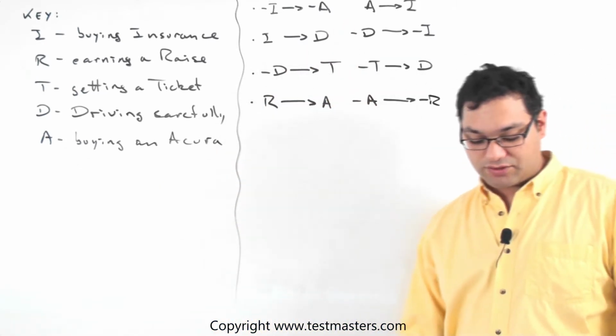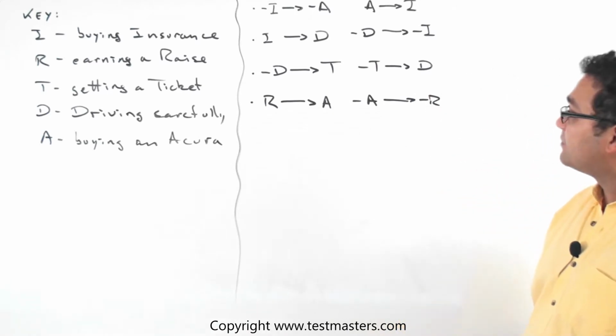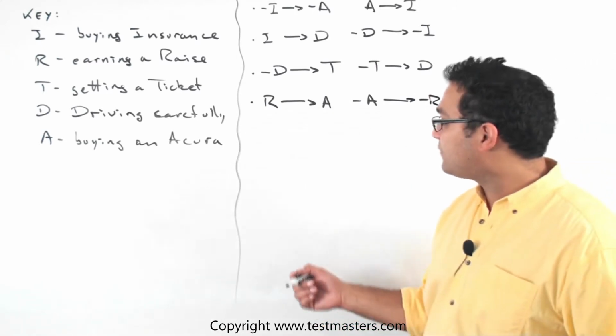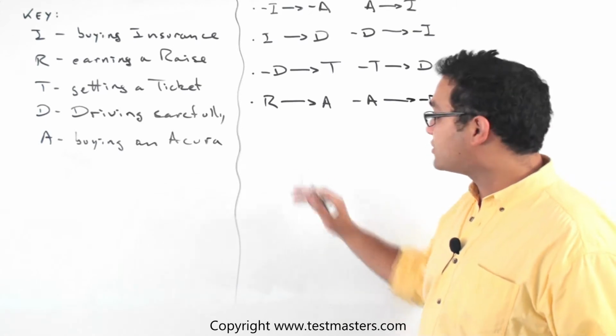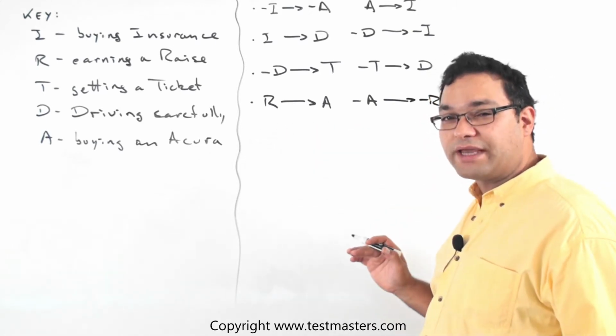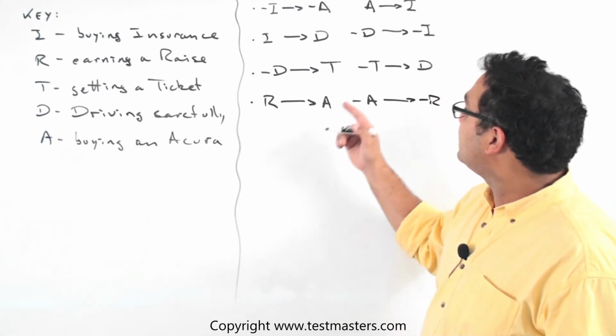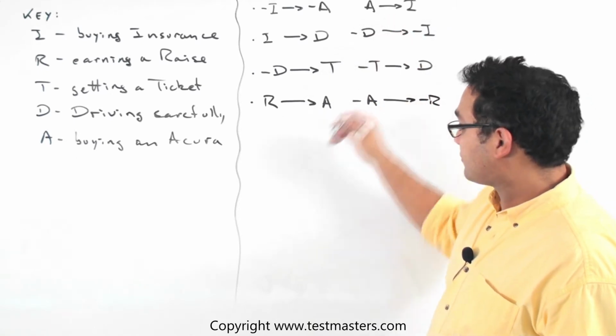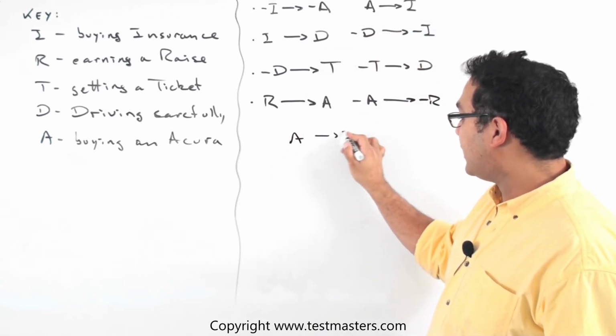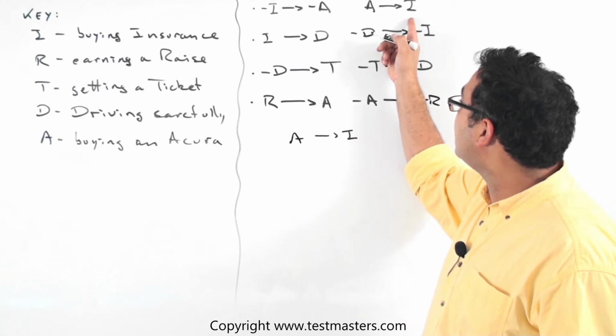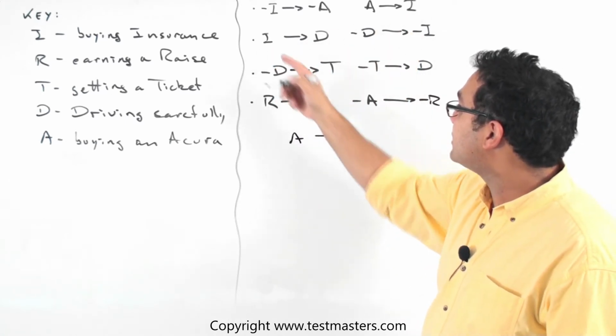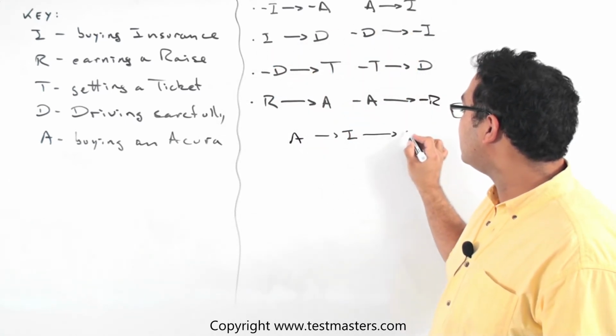Well, let's be methodical. Let's start with the A's. We know for a fact, and for right now, I'm just going to chain them all out to kind of make it easier to see. So we know that this A yields an I. Does anything begin with an I? Yes, the next statement down. The next statement says I yields a D.